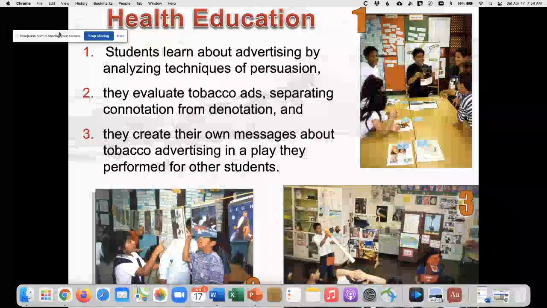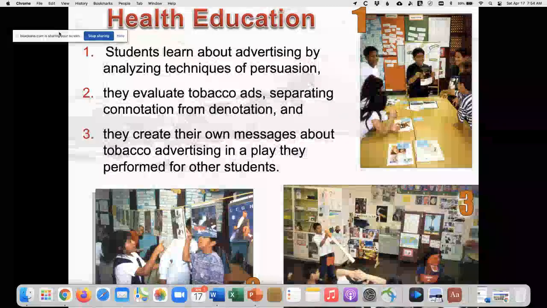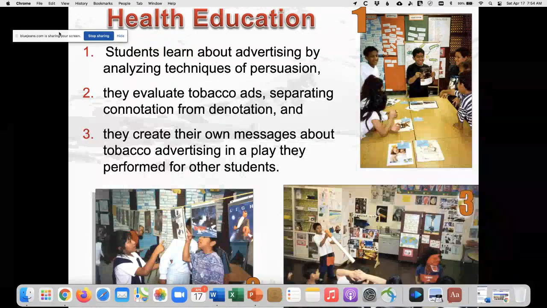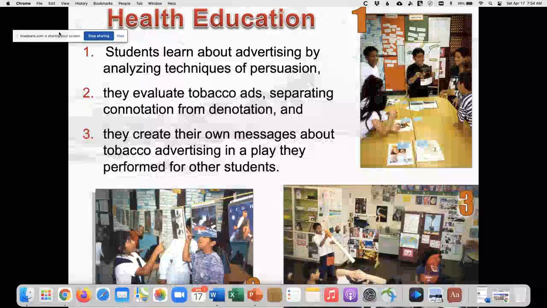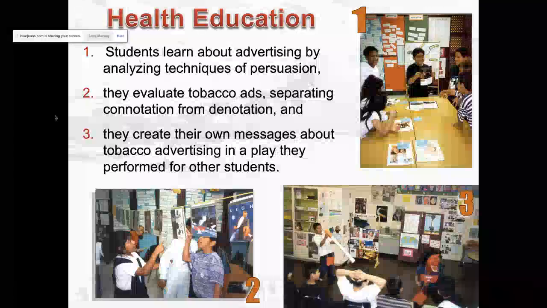So it gave them something to contrast, the negative reality of tobacco versus the positive representations of the health and fun of cigarette smoking. After we did that, I had the students think, we need to create some type of media. What type of media do you want to create to demonstrate what you've just learned here? The students decided they wanted to create their own play. So they wrote their own play, created their own costumes and everything, and they performed this to kids in the school. So this was their piece of media as a way of demonstrating what they had learned.